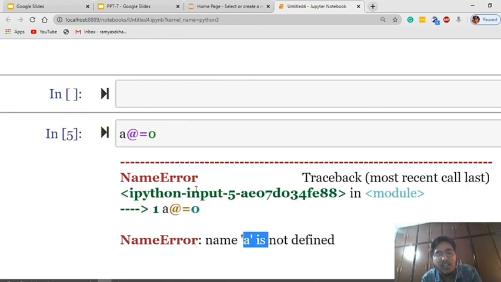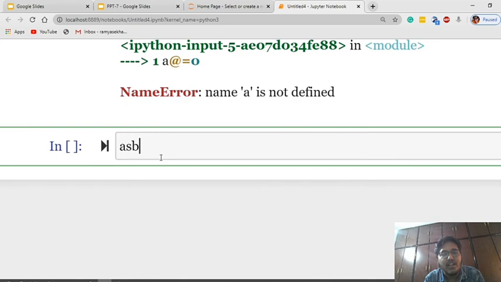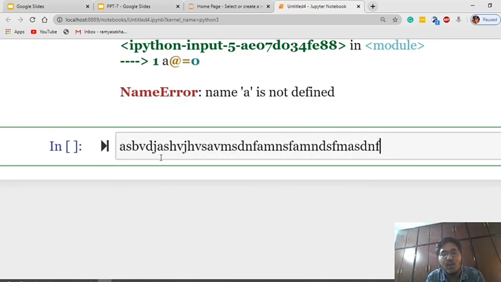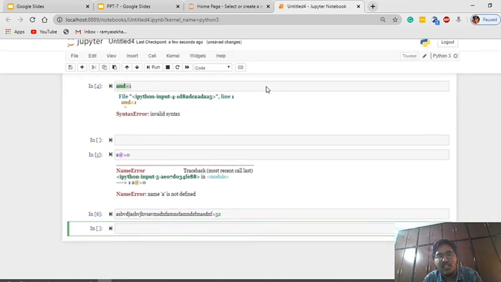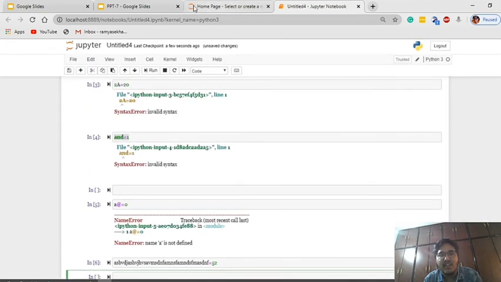Now let me type a variable with a large number of characters. This is also valid. So these are the valid identifiers, and these are the rules for writing identifiers, guys.